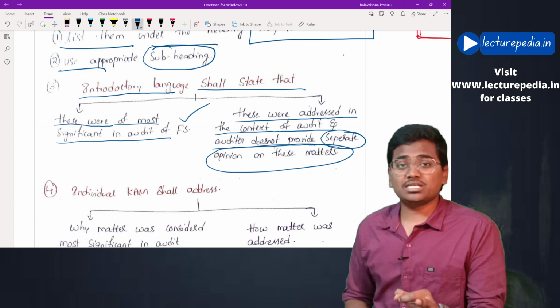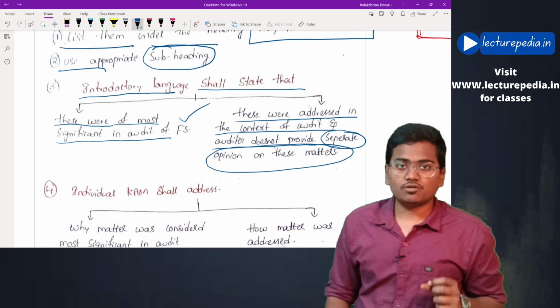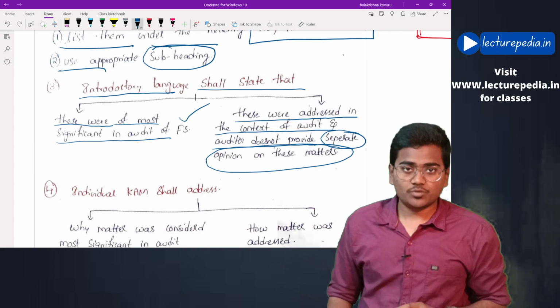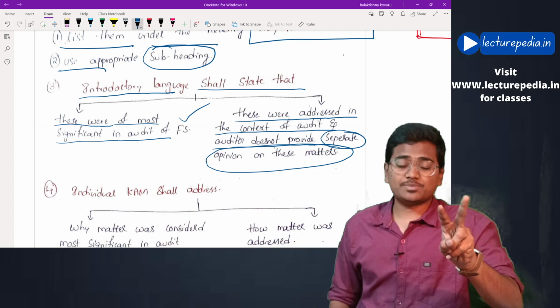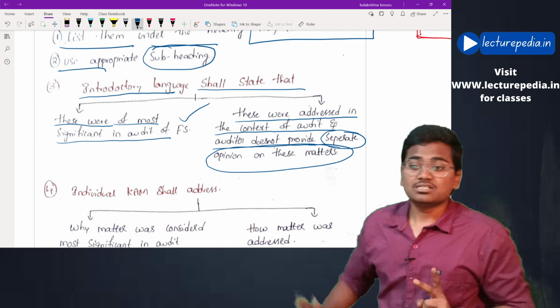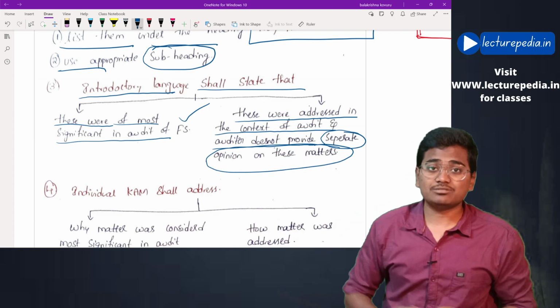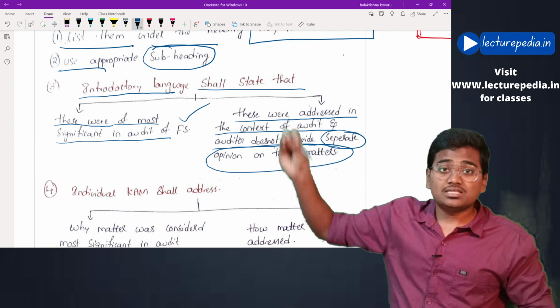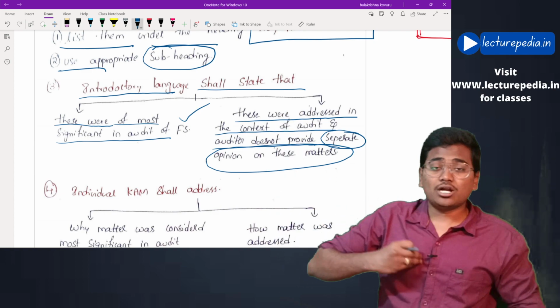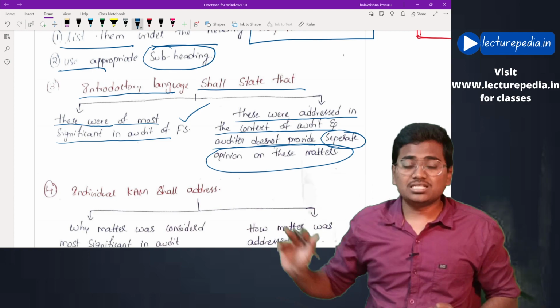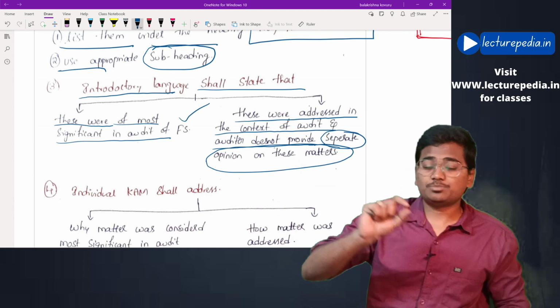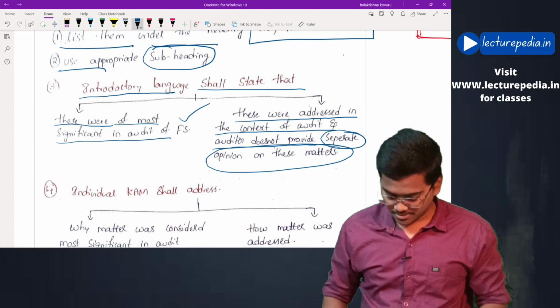This has to be the introductory language of this key audit matter paragraph. Hope this is clear. Two matters has to be specified in the introductory language. First one is these were of most significant in the audit of financial statements, and the second one is on these matters I am not giving any opinion. These are the two matters that has to be specified in the introductory language. After that,